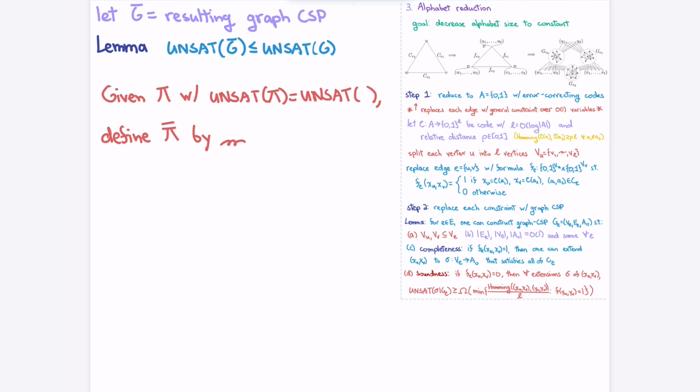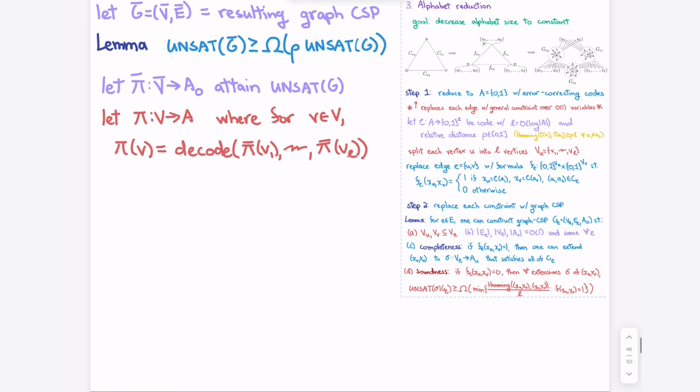Okay, so we want to show this thing is good. But we won't. On one hand, if you're given some labeling for pi that achieves some unsat, you should extend it to your new complicated version, which includes the code and includes these intermediate graph things, by just taking your letters, writing down the bit string, and then coming up with the best extension. And then if you walk through the soundness and completeness, you're going to be okay. In the reverse direction,